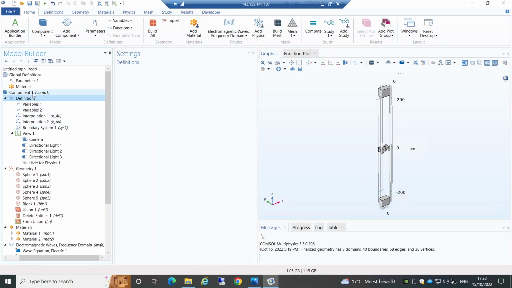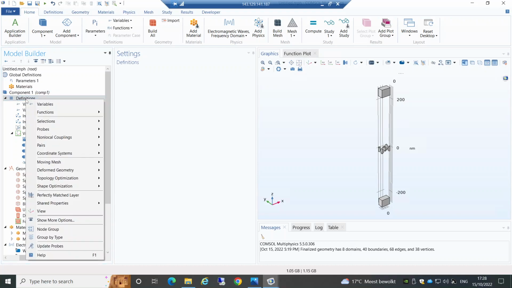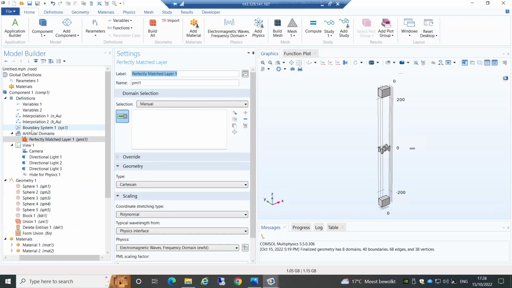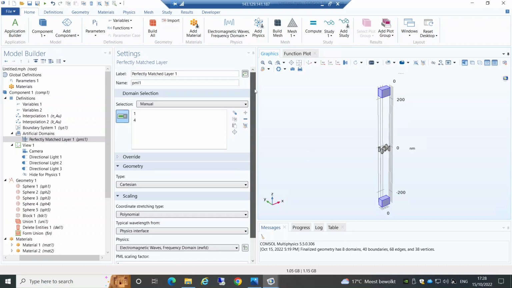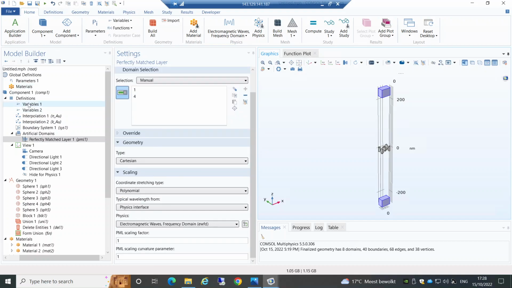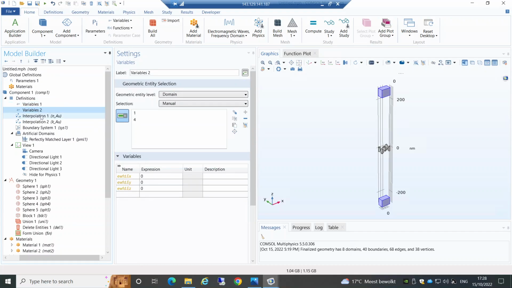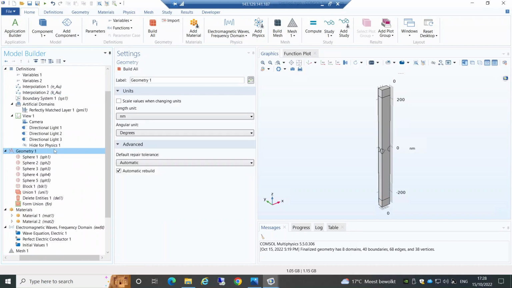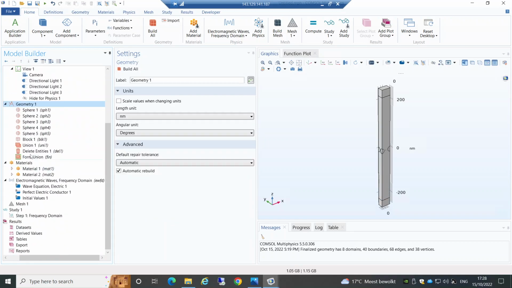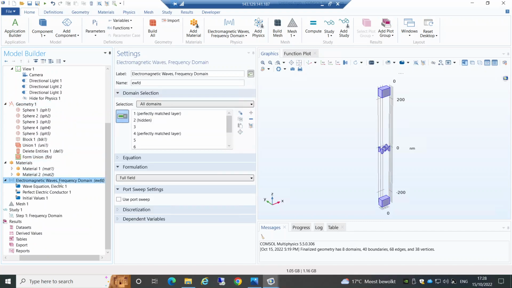One more thing that we have to define here: where is the perfectly matched layer? So now we have to define it. So these two are the perfectly matched layer. Don't have to do anything else. Okay, I think we are done with this part. Geometry is done. Materials we have defined. Then we move to